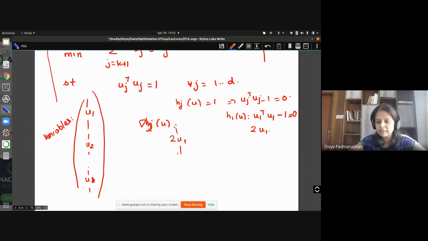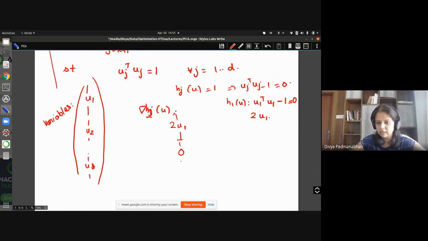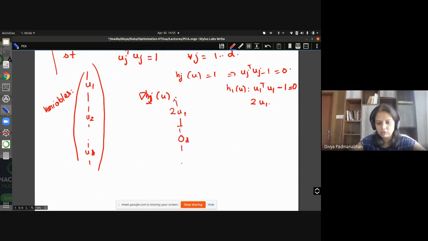Then after that, there is no element of u2, so all these are 0. So this is some D numbers which are all 0. Now again, for u3 also I'm going to get zeros like that, and so all these are going to be 0. Now if you take the gradient of h2, here you will get all zeros